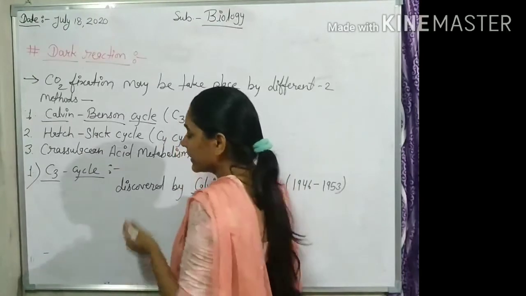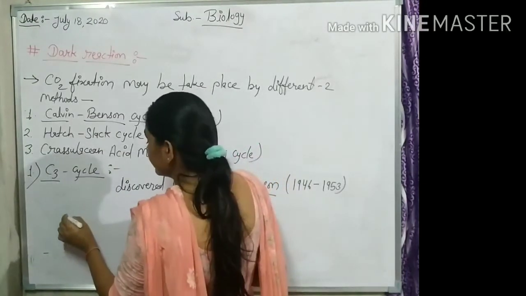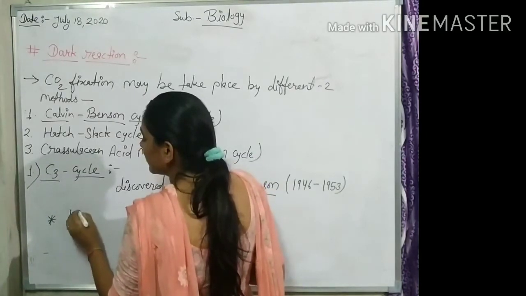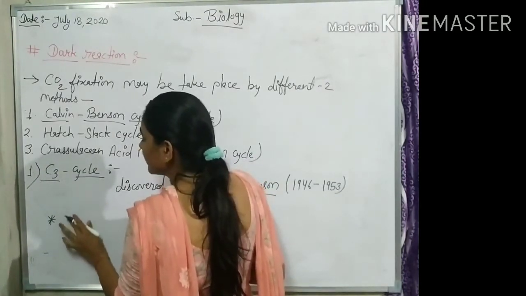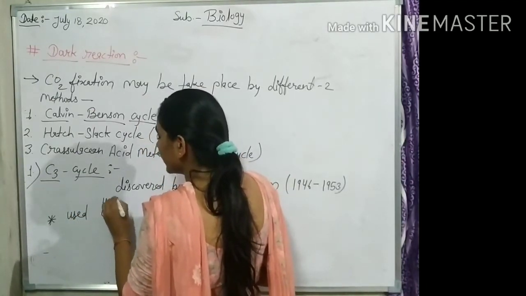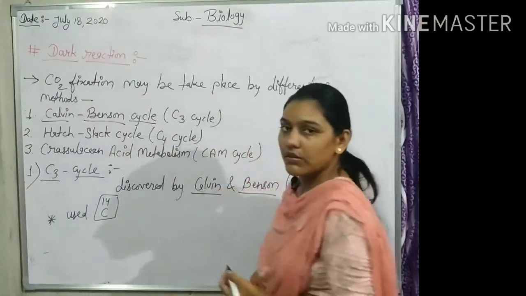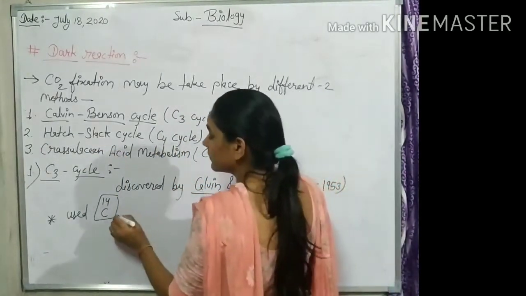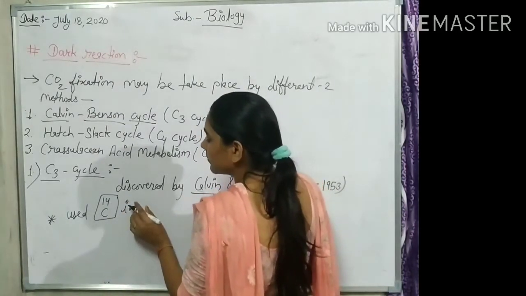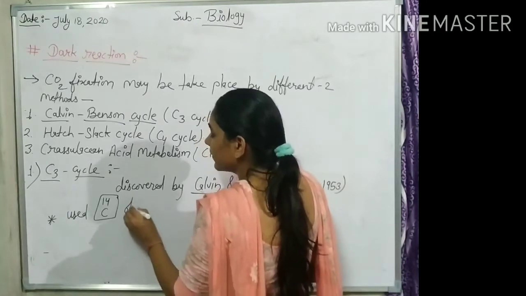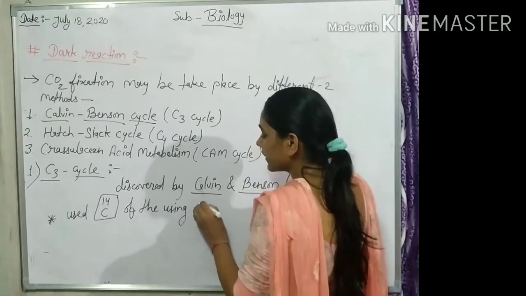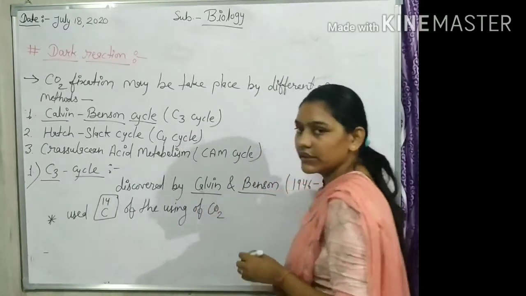Calvin and Benson used carbon-14 radioisotope, using CO2 in the experiment,